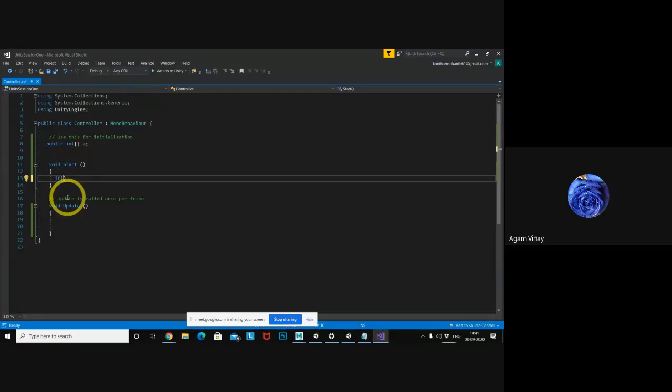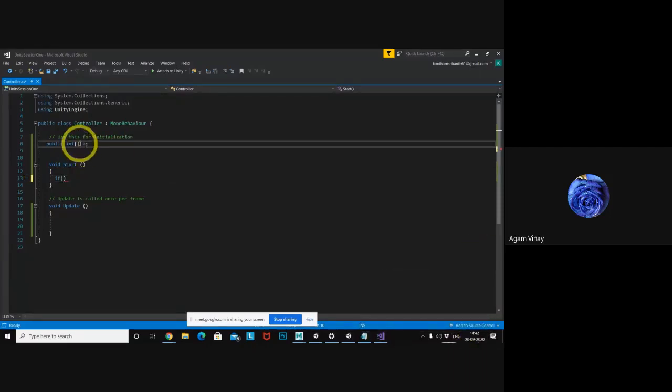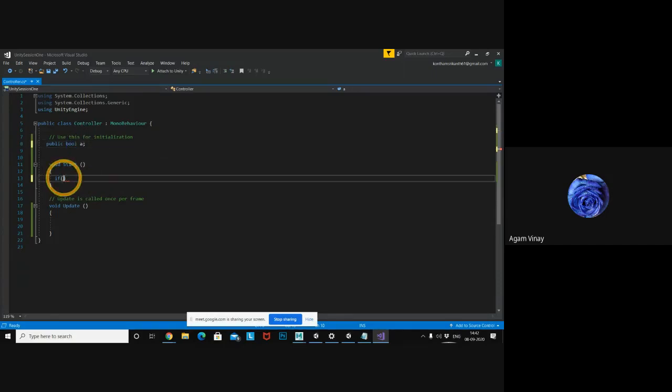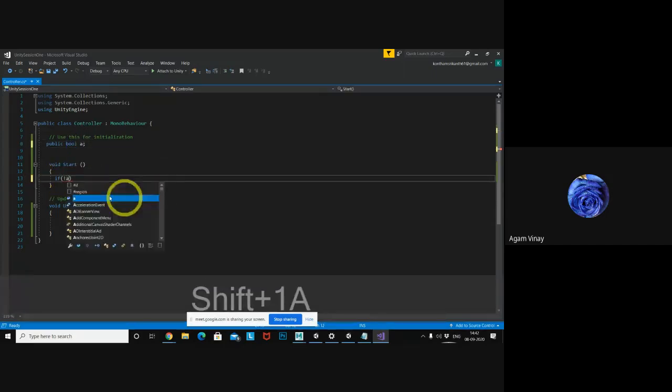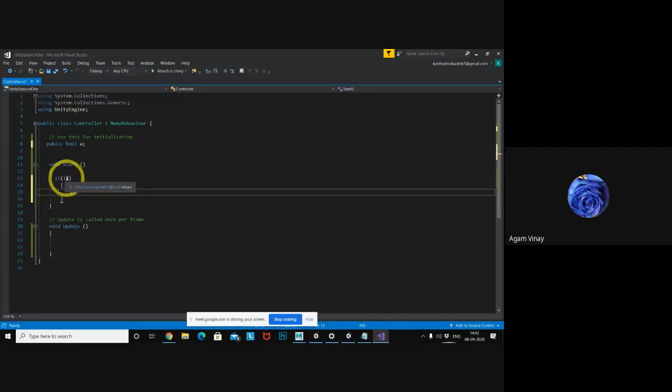If you know, if the condition is true it will enter, or else the else part runs. Just for a rough introduction, I am creating a boolean. So I declare a variable called a. When a is false, the condition will tell you, if the value is false, it will enter into this.